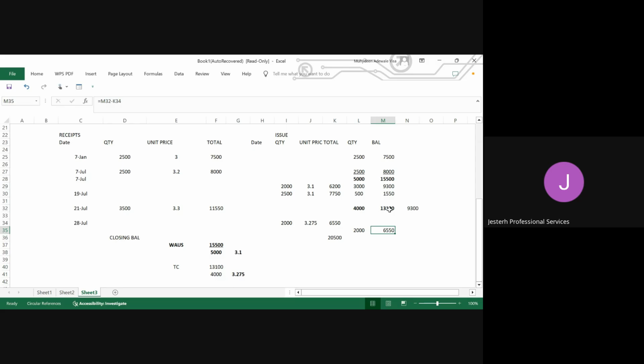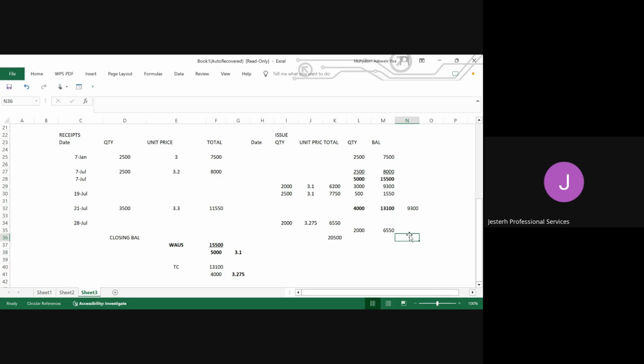Remember, I said you can determine your closing balance in two approaches. The first approach is minus the closing balance that you have before you issue out from your new issue value, which is like this. You have 13,100 in the value of what you have in the store before, and then the value of what you issue out is 6,550. So it means if you deduct what you issue out from what you have in the stock before, you are going to close with 6,550. That is number one.